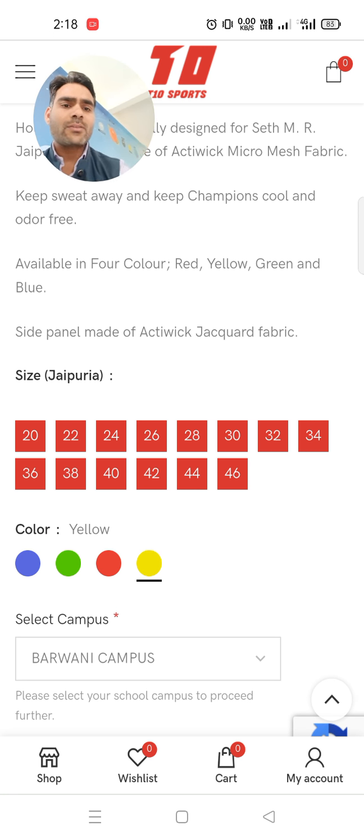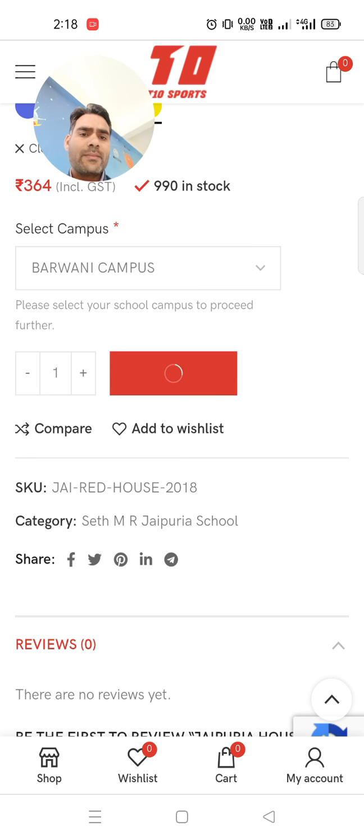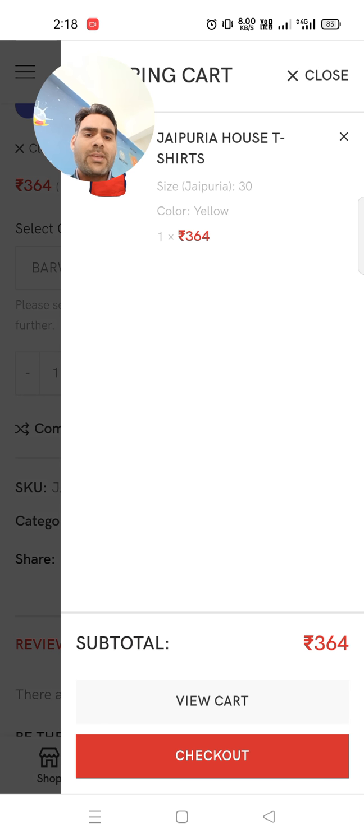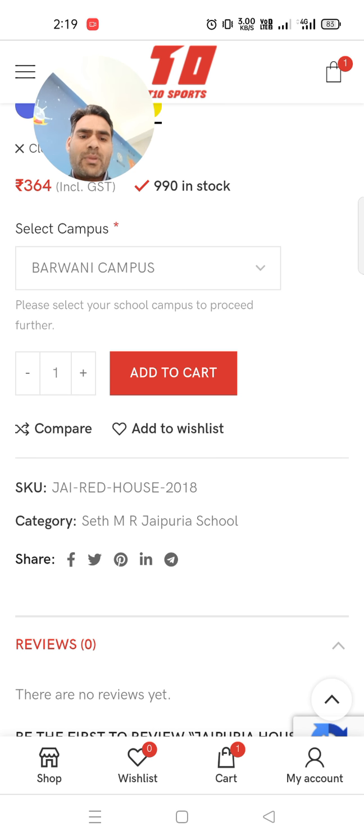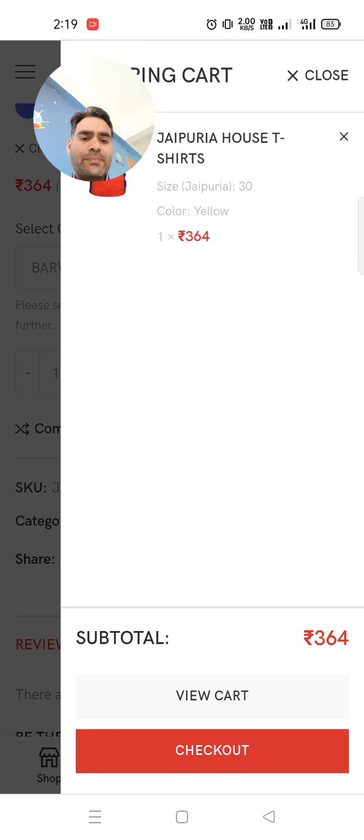You can use the add to cart option. Here you can also mention the quantity, 1, 2, 3, whatever. Then it is directly in your cart. If you open it, you can view the cart and check out. From here you can order it.